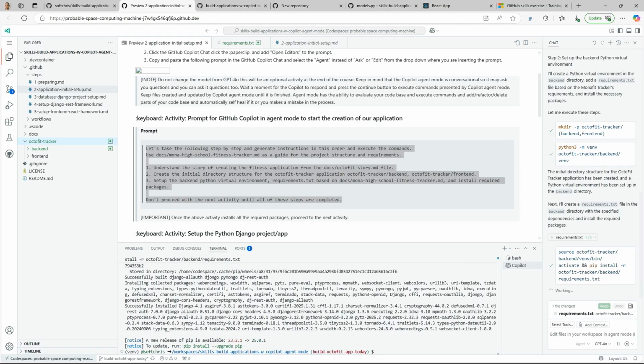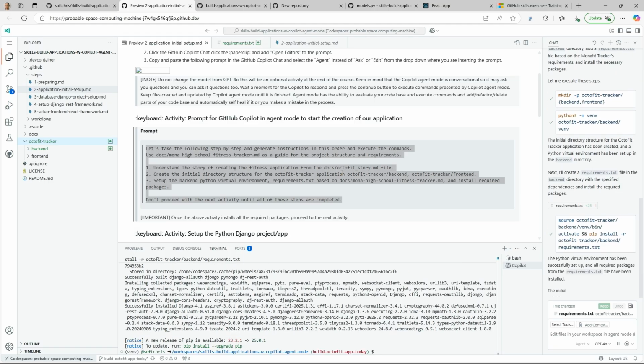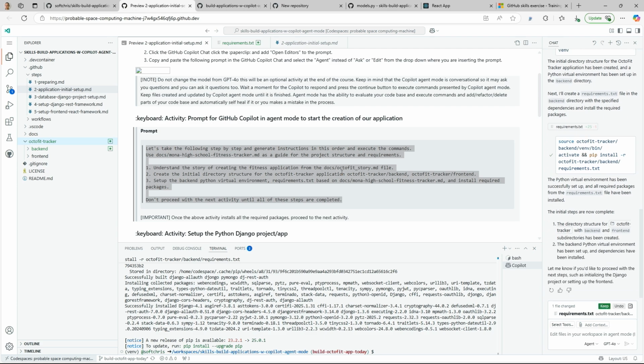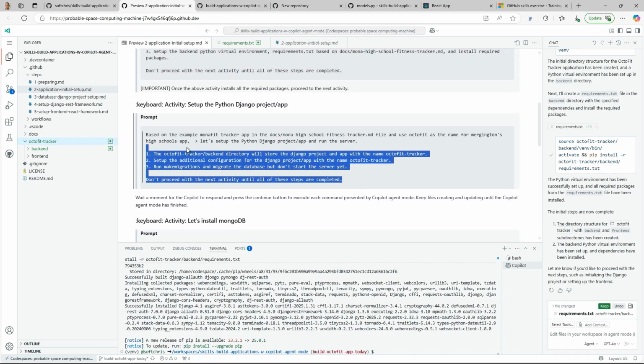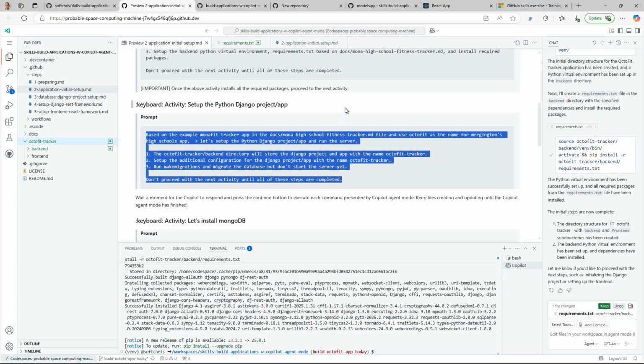So while we wait for that to finish, now it looks like the terminal is done, and you can see how that communication happens back to Copilot, and it says the initial steps are now complete. Let me know if you'd like to proceed to do other things. And yes, we want to do that, but we want to take our next prompt here. And just shortly what the prompt is saying is, based on the example MonaFit tracker app in docs, so now it's referring to the fitness tracker markdown file,